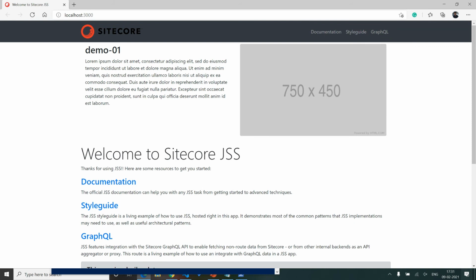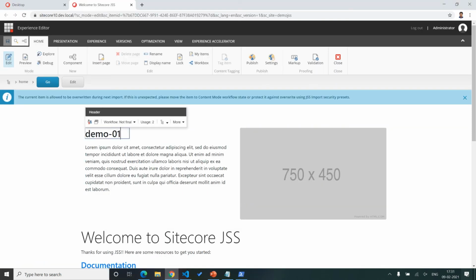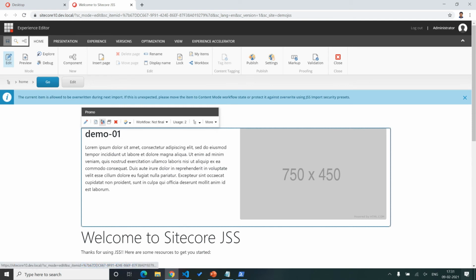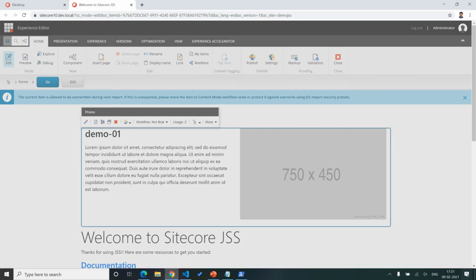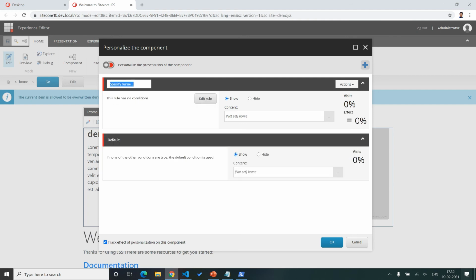Now let's go back to the Sitecore site and apply some personalization on our component. So let me go to the personalization pop-up and add one more personalization.